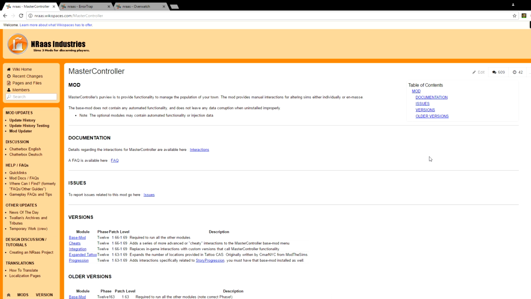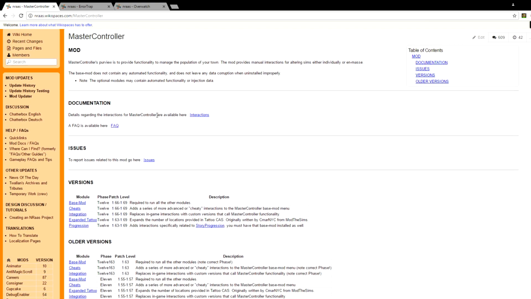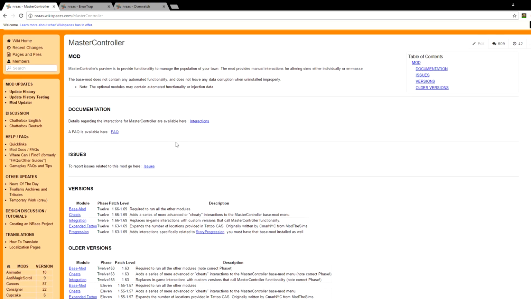Just things getting stuck in general, it's just a big issue. So I would recommend Master Controller first off. If you don't want to download the other 2 mods, Master Controller is the one that I would recommend the